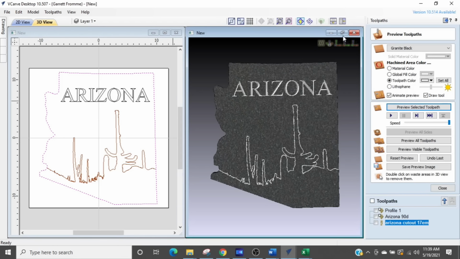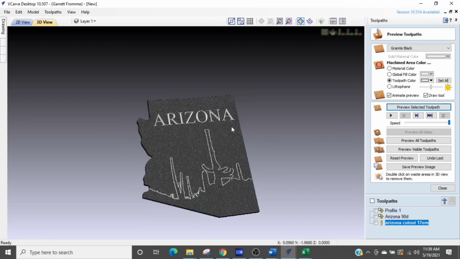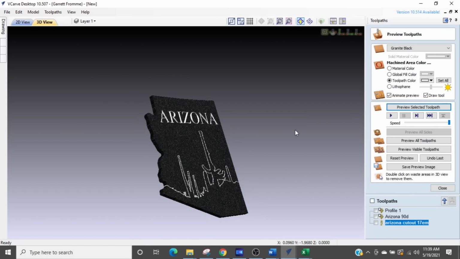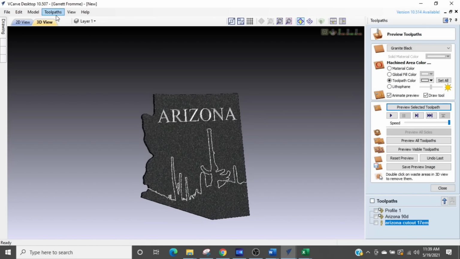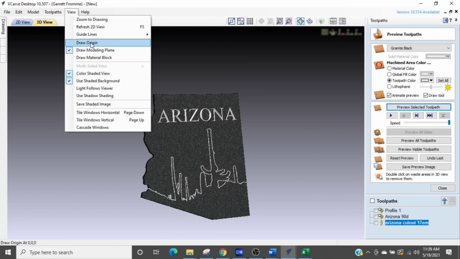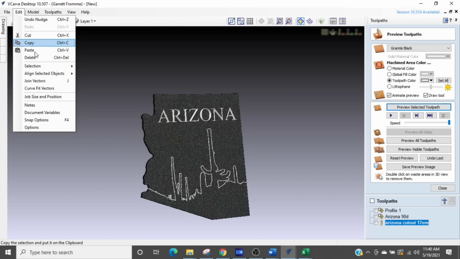and I'm going to expand that. And because of the way I have my colors on my screen, it's a little bit hard to see. But there it is. That actually looks pretty cool. Let's change the color on my screen so you can see it better. I believe that's going to be under View. Give me just a moment as I find that. Maybe Edit, Options,